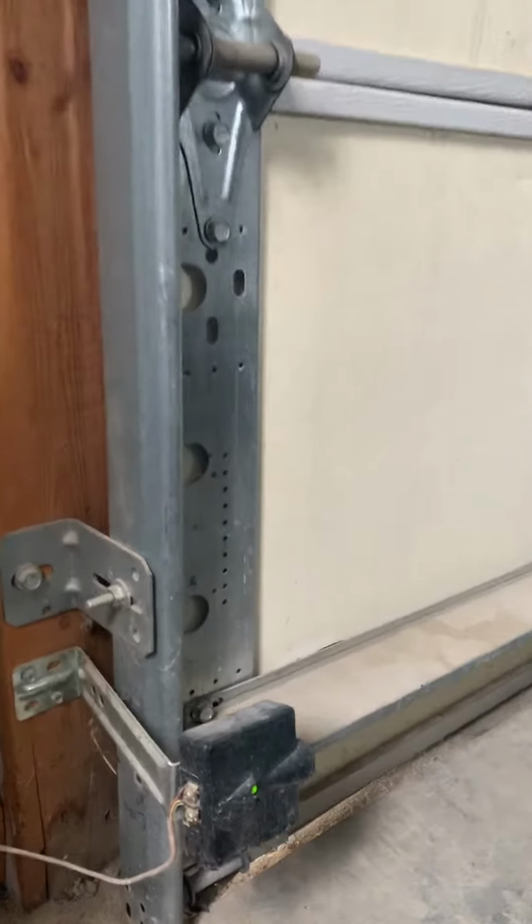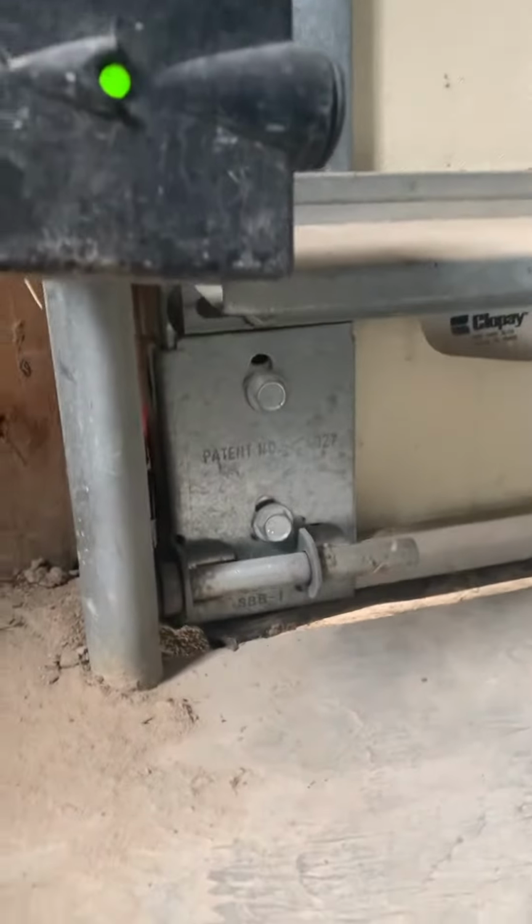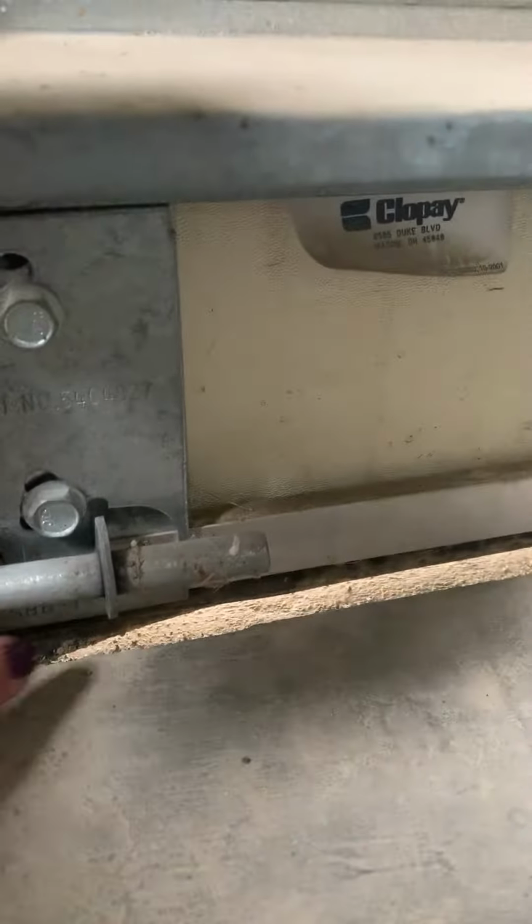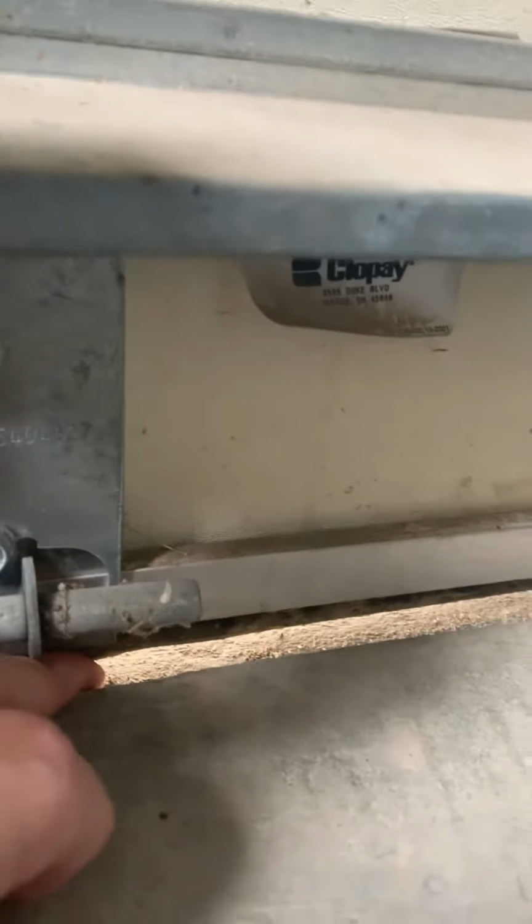So I'm going to flip the camera around real quick. Just have your typical garage door here, but as you look at the bottom corners, and this is very common, you can see light coming in from the outside. If you can see the light coming in there, and you can kind of tell how big that gap is,